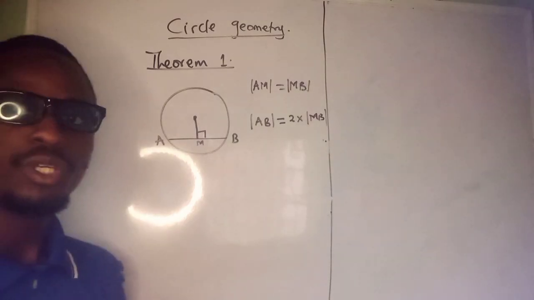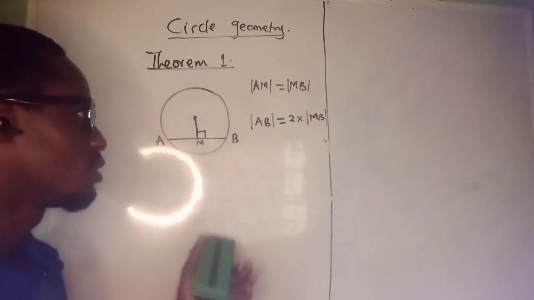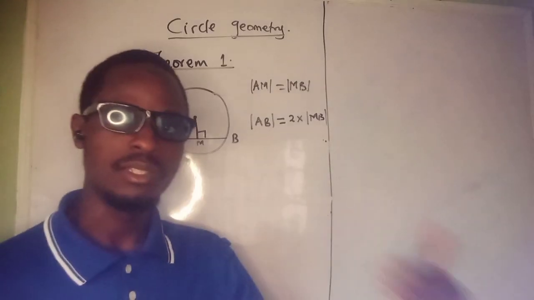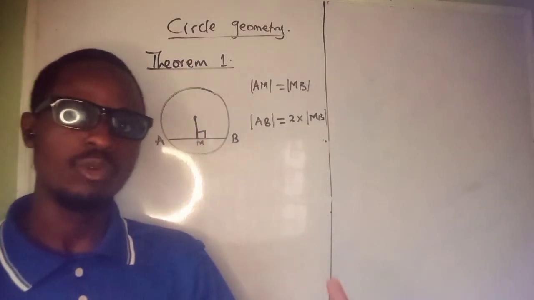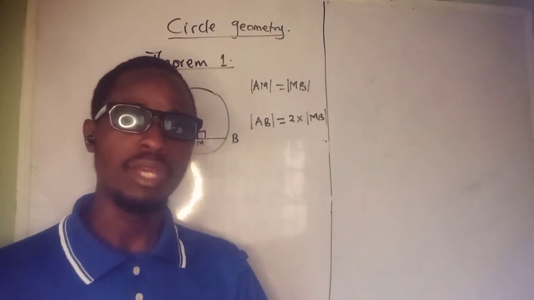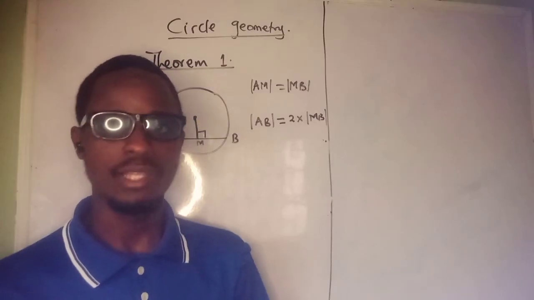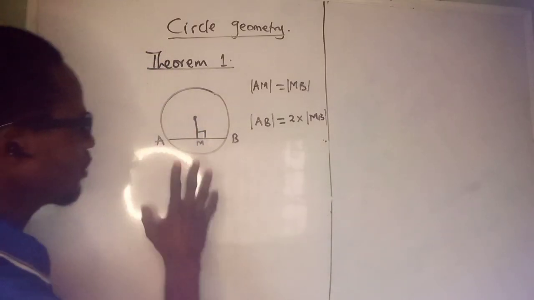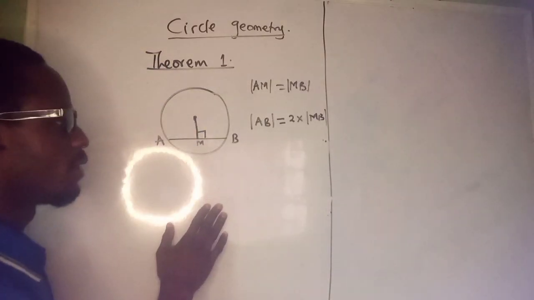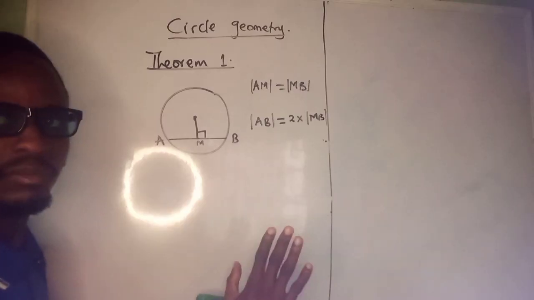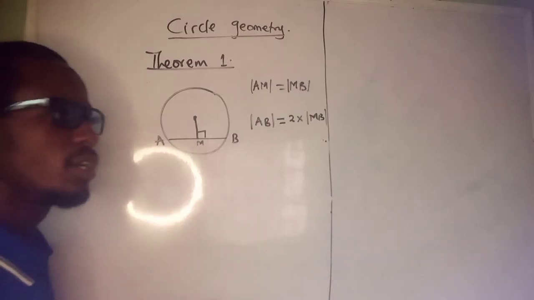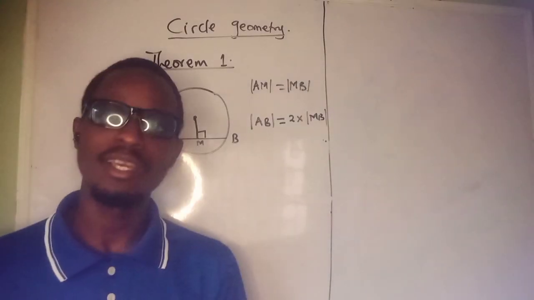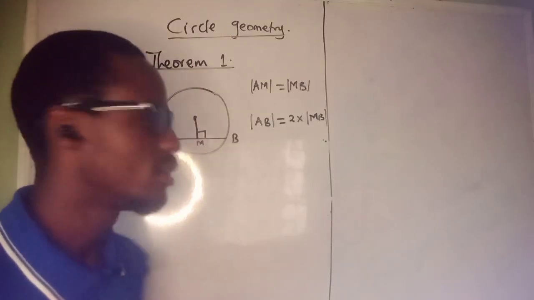Now, how do we use this to solve questions? So I would love to treat the theorem, and after treating the theorem, we will look at types of questions that could be asked on it, and then we move to the next theorem. So now looking at this, we have the theorem interpreted in diagram, and you could prove this by construction, but here we're not going to prove by construction. So now